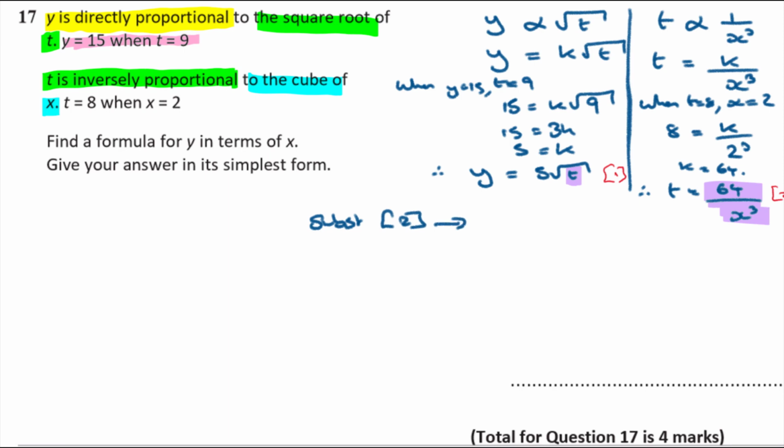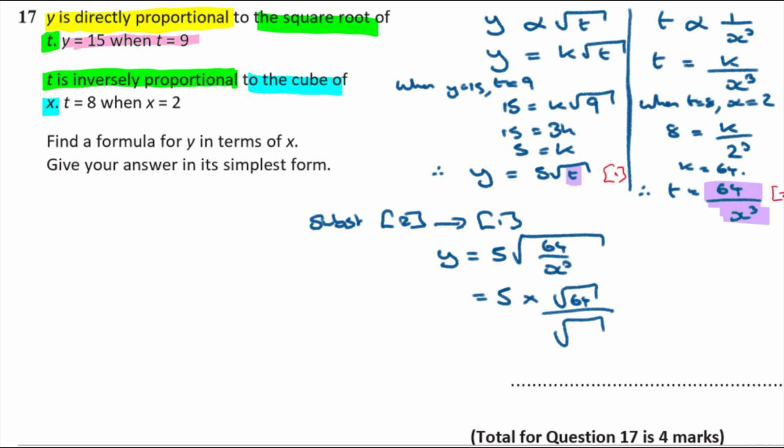equation 2 into equation 1, what are we going to get? We're going to get y is equal to 5 lots of the root of 64 over x cubed. Right, so when you apply a root over a fraction like that, you can root top and bottom separately, can't you? So you can say that's the same thing as 5 times the root of 64 divided by the root of x cubed. Well, the root of 64 is just 8, so that's equal to 5 times 8,